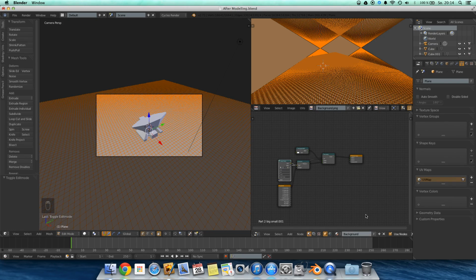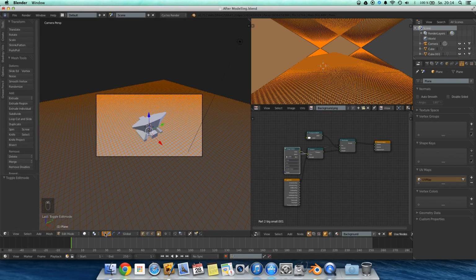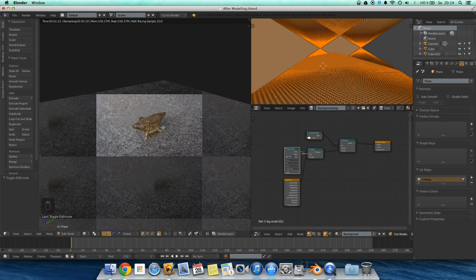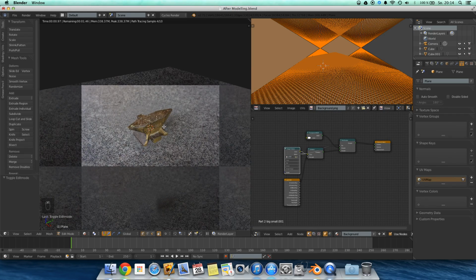Call it background, that's it. Now we only have to select the background image, and now we can see the magic. That's it, and I think we're done with this tutorial, but now I want to show you how to create